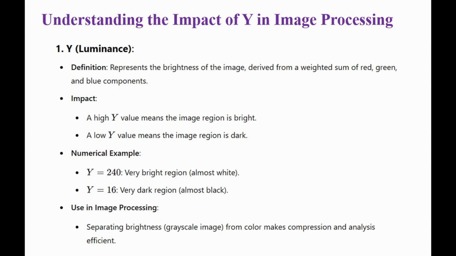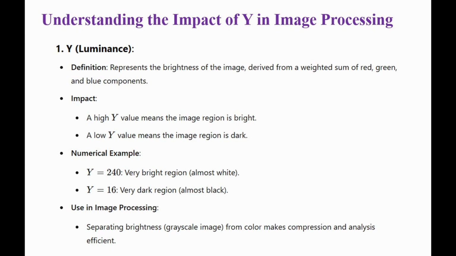Low Y values, for example 16, indicate dark regions close to black. This separation of brightness from color simplifies image processing, making it efficient for applications like video encoding and